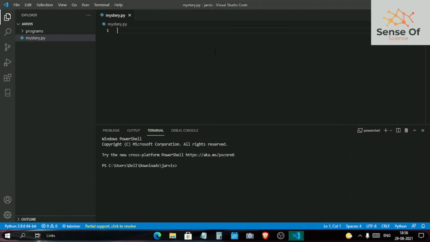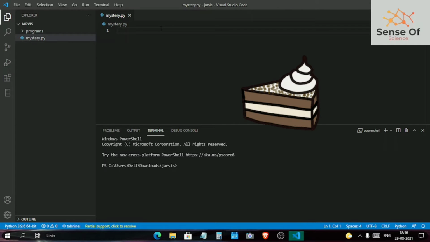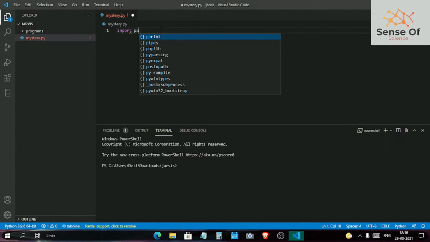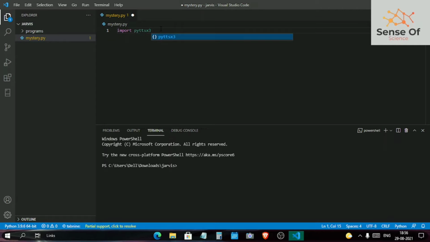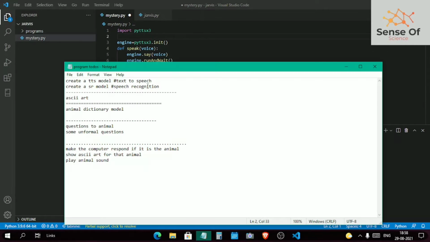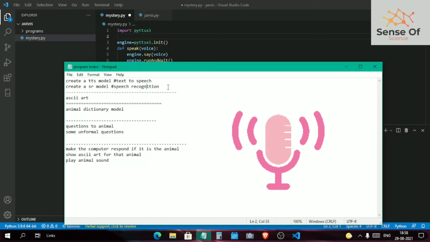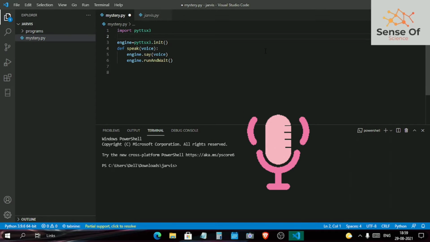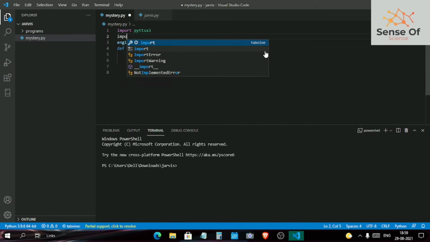Okay, so this was a piece of cake for me because of the Python library. I just used the Python library pyttsx3 to give my program this amazing function. Then I just created a function for the same. Then the next step was to create an SR model or a speech recognition model. It was also kind of pretty easy. Python has modules for everything.